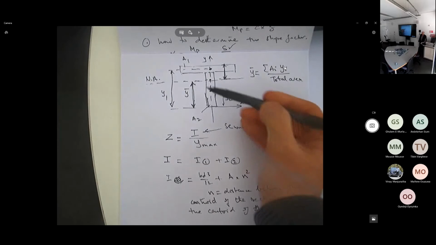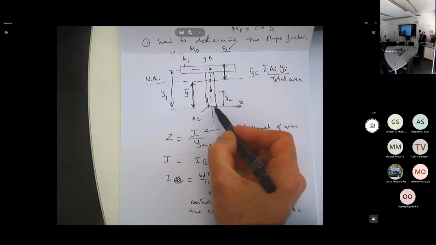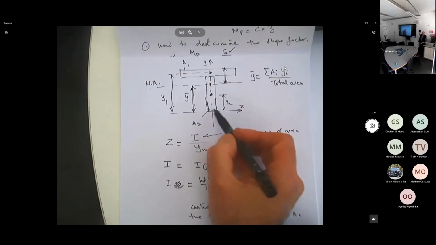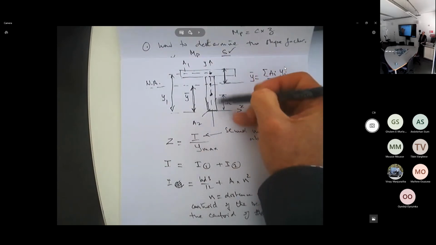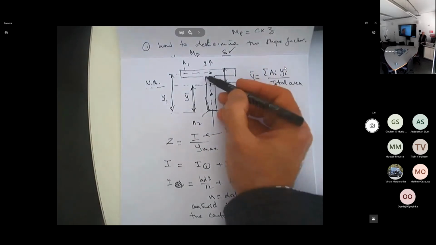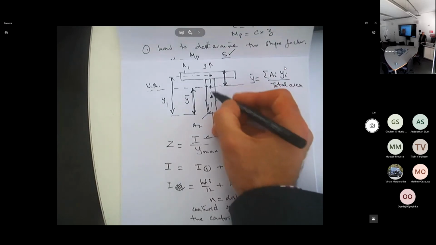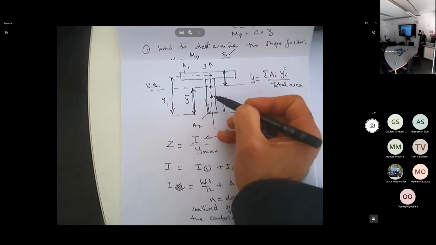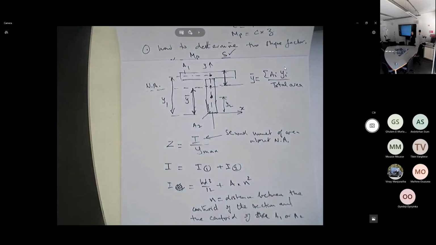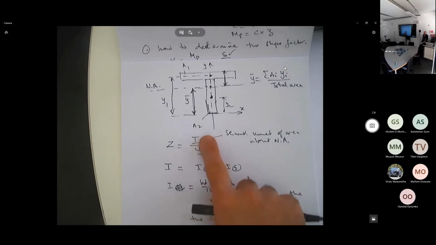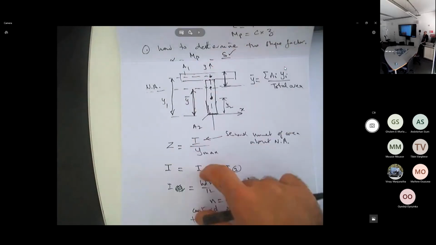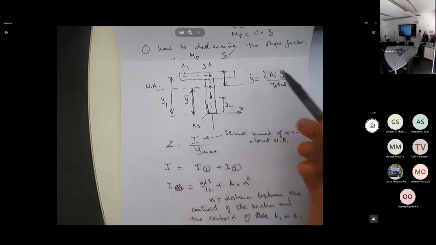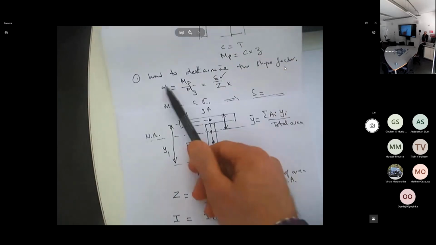And then for A2, okay, I repeat again, for A2 here, it will be BD cubed over 12 plus area A2 times this distance, which is from the centroid of the shape as a whole to the centroid of the section under consideration, squared. Clear? Yeah. That's it. All right? Okay. That will give you I, and then you divide your I by the Y max, and once you've got Z, you go back to this equation here,